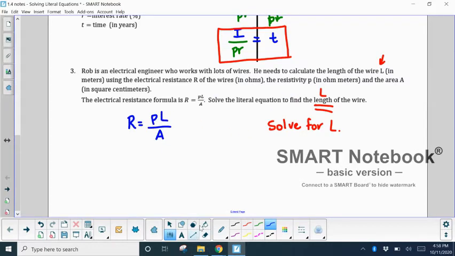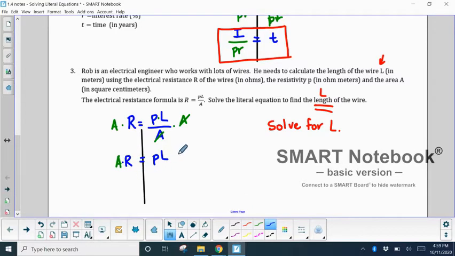So the things that are happening around the L here, we have P times L divided by A, okay? So what we want to do is get rid of this fraction first. Since it says P times L divided by A, I'm going to undo dividing by A with times A. Well, if I do times A on the right, I have to do times A on the left. So A divided by A goes away, and I'm left with P times L. And then on the left-hand side, I have A times R. Well, A times R, those are not like terms, so I can't really do anything with that,